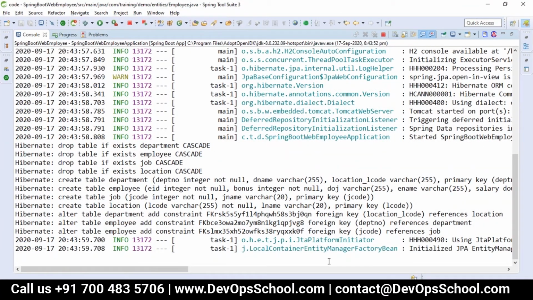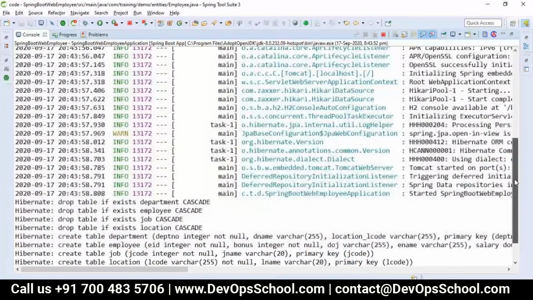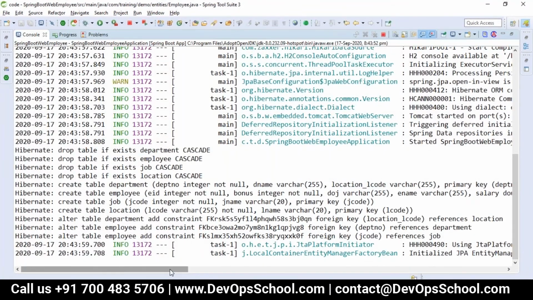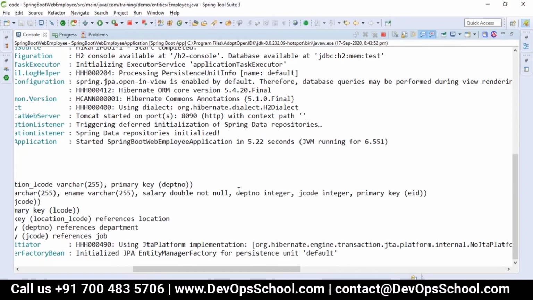So now you can see in the employee, it captured here as column names, which are department number and J code.